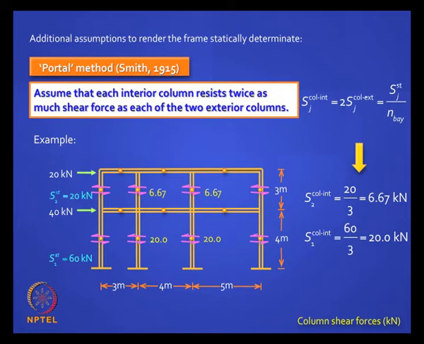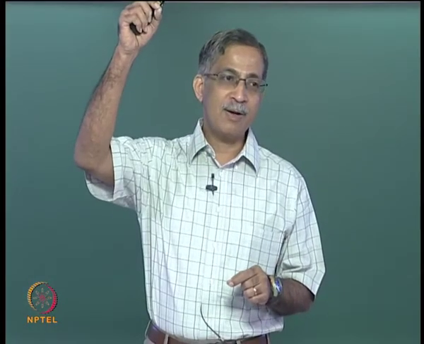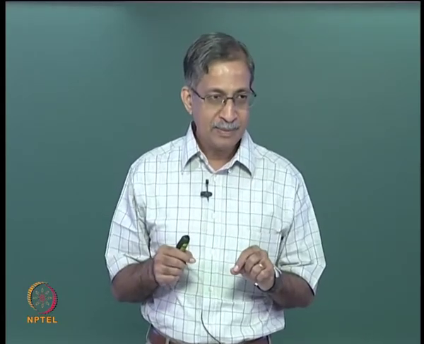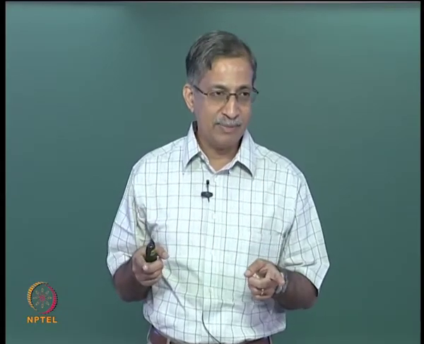So you start like this and what do you do next? You can get next the column end moments. How do you get them? Multiply these shears by half the respective story height. So you can mark them, they will all be anti-clockwise, remember our discussions, which means at the top of the column and the bottom of the column in any story you have to put equal numbers, and the exterior column will have a moment which will be half that of the interior column. So you have to do only one calculation and then multiply by 2.